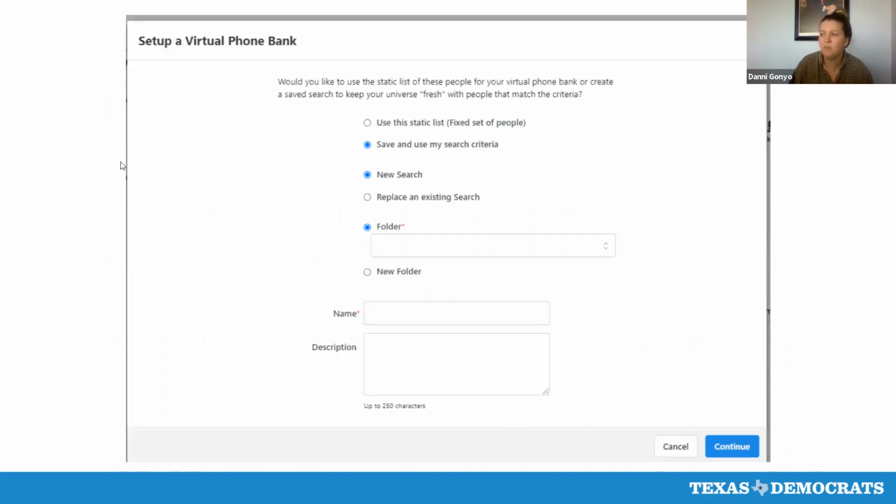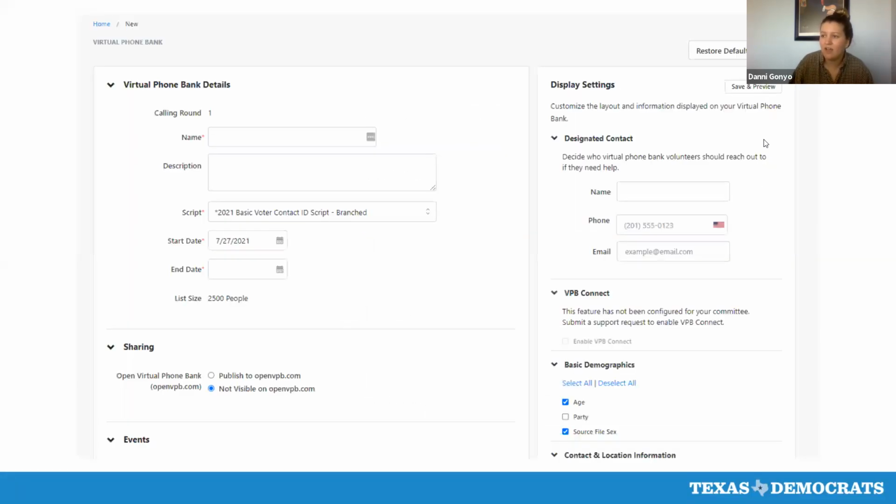So when you click that calls button on your search, it'll pop up with this, and you can select to use the static list or save and use my search criteria. And you can just save it in a folder, either create a new one or use one that you already have, name it and give it a description, and this will save it as a saved search